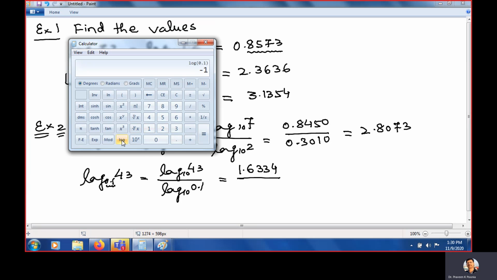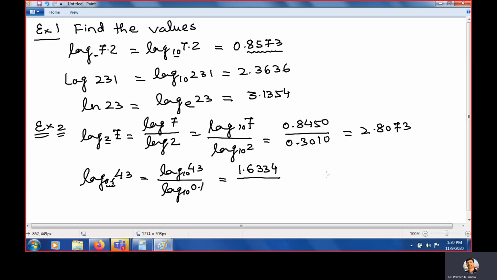0.1 log. It is minus 1. The value is minus 1.000, because 4 decimal places, so we will take 0. And if you divide it, you will get the answer